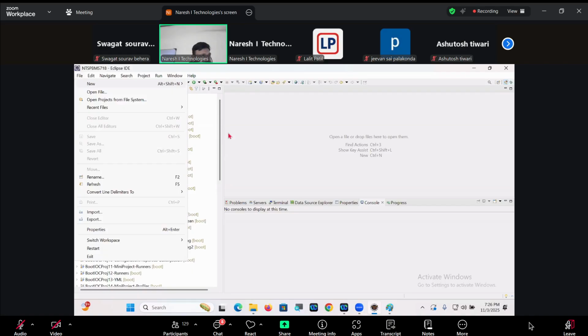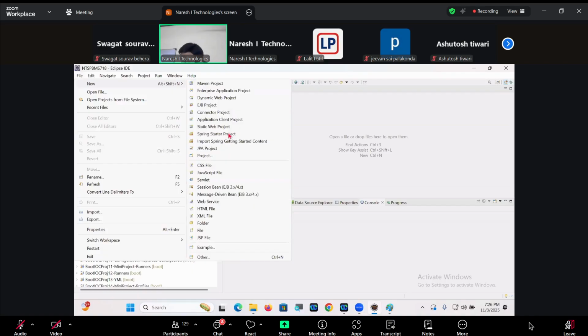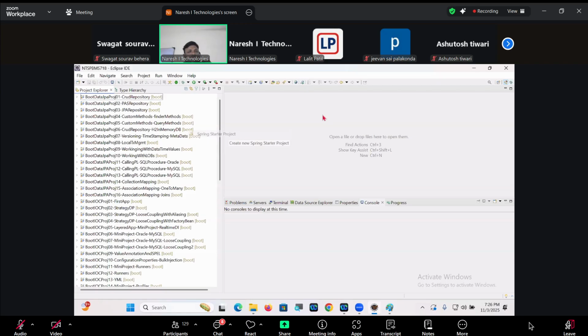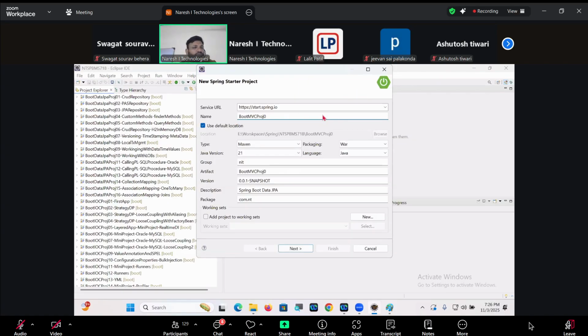Spring Starter project. What project, guys? Spring Starter project. Tell me, Boot MVC 03 or something else? Boot MVC process 17. No one remembered. 16 or 17.